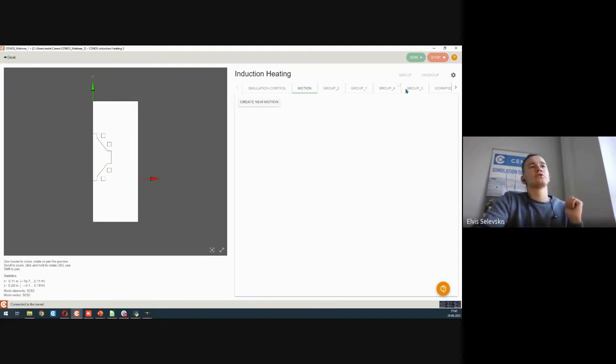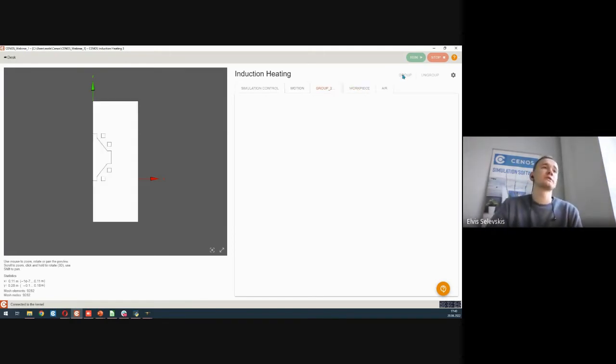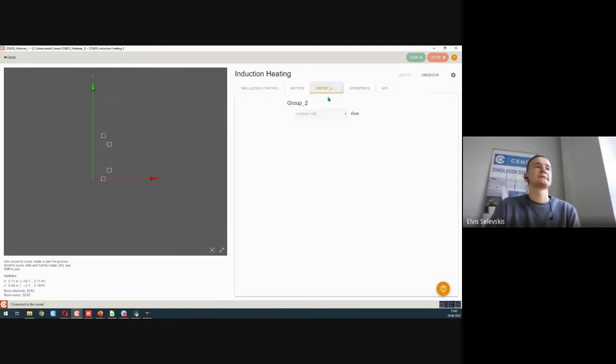Then moving on to each of our separate domains which we have here. As you can see, we have group 2, group 1, group 4, group 3. So these are all of our inductors, windings. In my case, I would like to apply the same current for all of them. So I will group all of them together by using that checkbox on the top right. Just click on all 4 of them. If you would have more of them, let's say 10 or 50, that's also possible. And you can just click the group button, and all of them, as you can see, are in a single